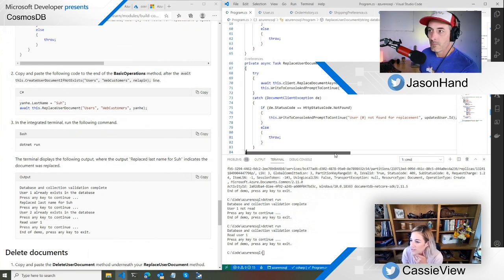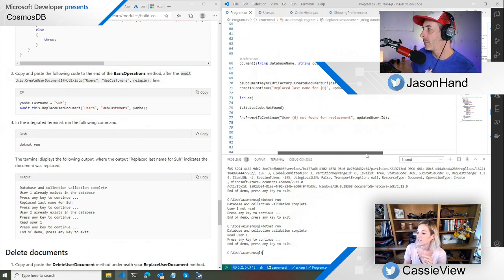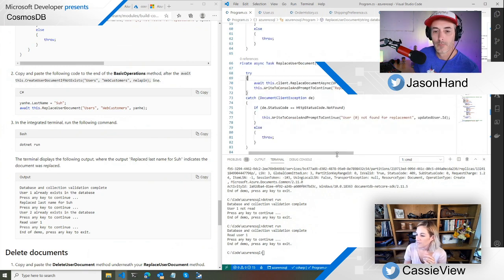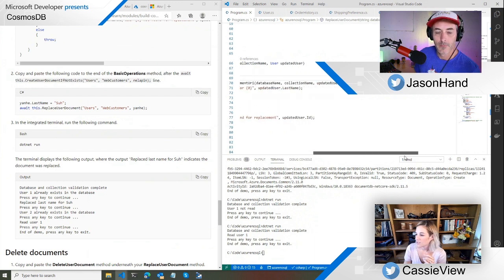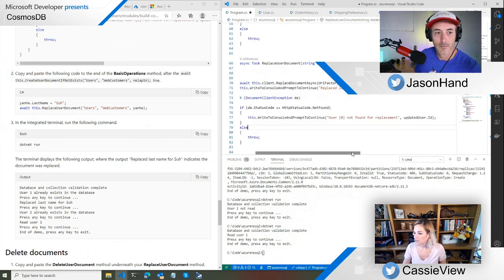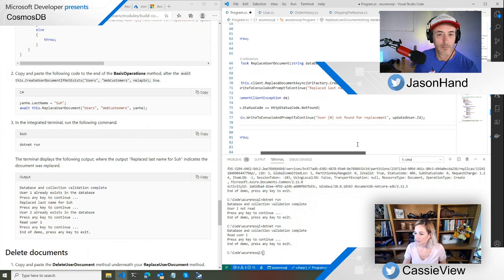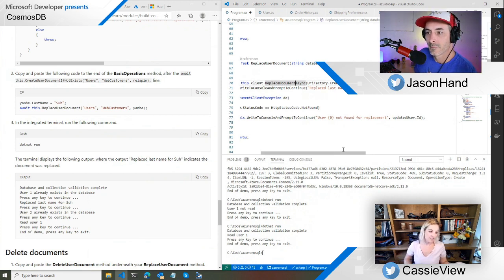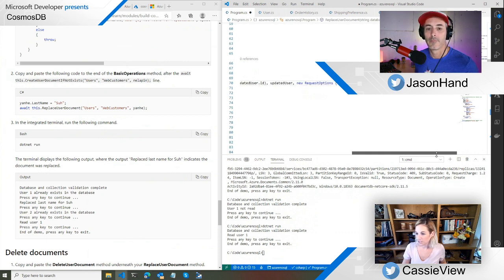So replace document, we send in the database, the collection name, the user ID, the partition key, which we changed to ID. And then, I wonder if in this operation it gets that, because at no point when we do a replace do we have to actually get the object, update the property, and then write it. When you're thinking about SQL, that's how you would think about it sometimes. But this, it's like, I'm just replacing and here's what I want. I'm sending in the ID and also the updated user object.